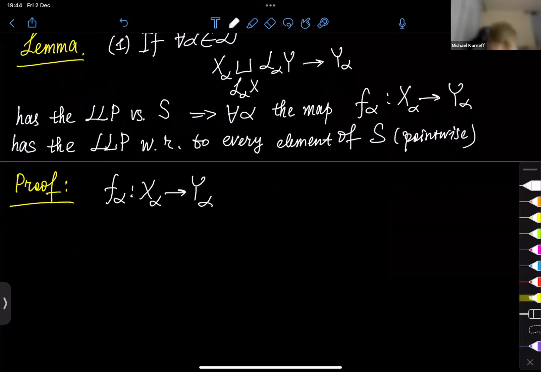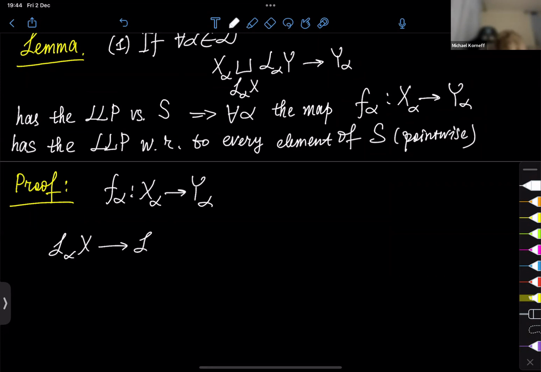Notice that we have the following diagram. This map is formed by the fact that alpha is just a functor, and also we have a latching map